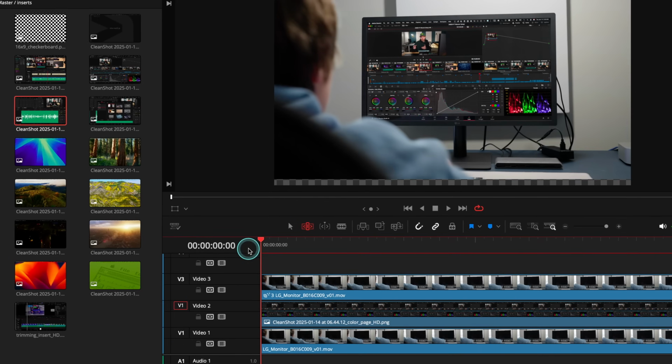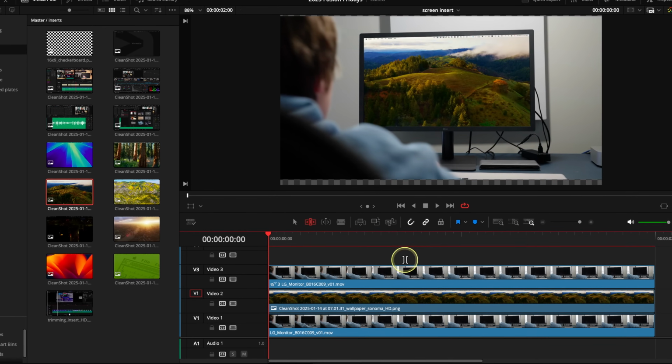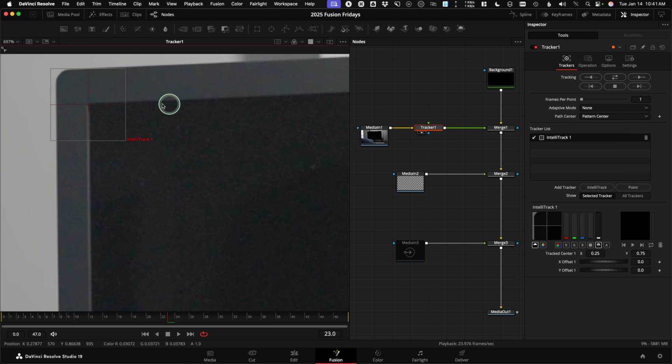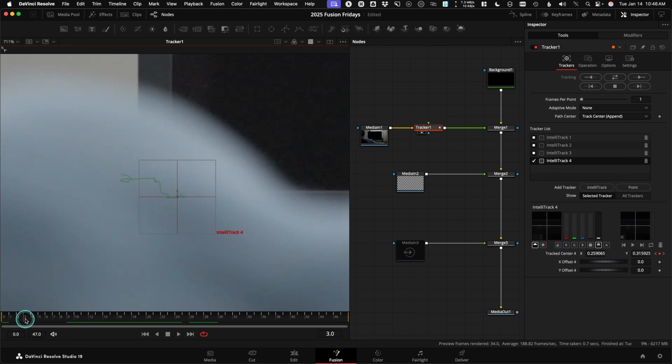Inserting a screen, or replacing a screen, or replacing it again, or replacing it again can be a very simple task that you can learn right now. Yes, we are going to open up the Fusion page, but this is a beginner's guide. We're only going to add 3 new nodes, and I'll even show you a trick to track a corner that